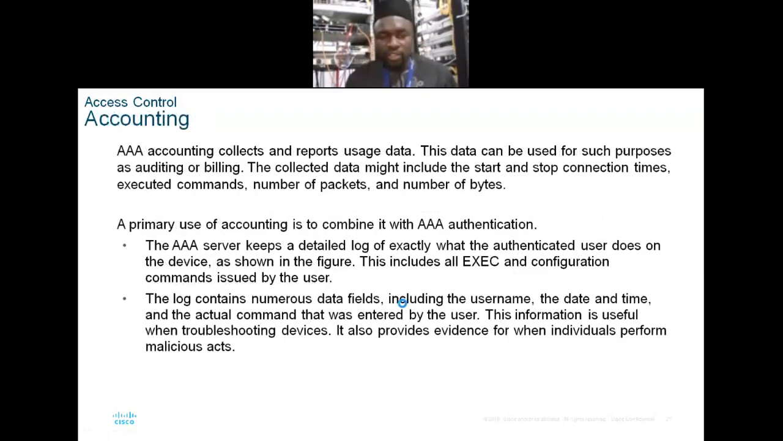And then the accounting collects and reports data usage, all right, and gives an account of what the person used the network for. The primary use of accounting is to combine it with the AAA authentication. All right, so the AAA server keeps a detailed log of especially what the authenticated user does on the device. All right,